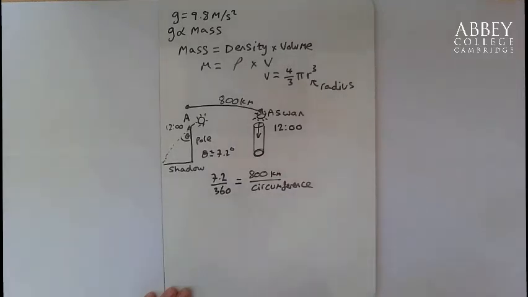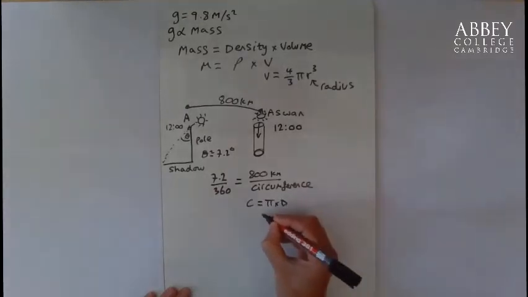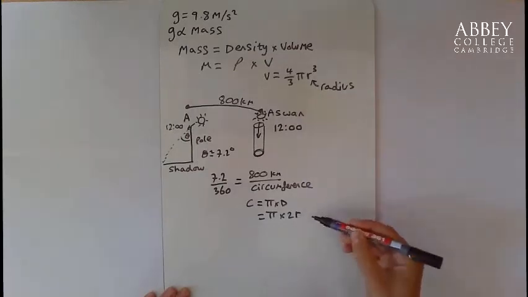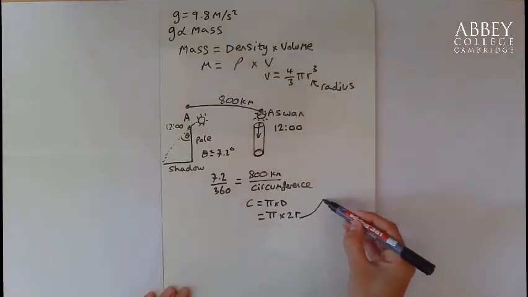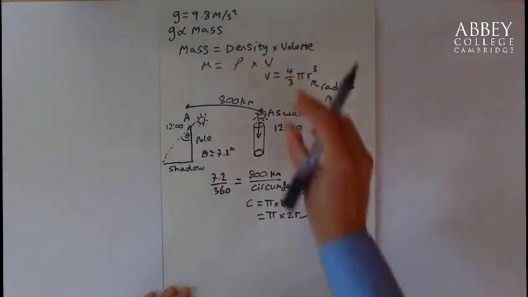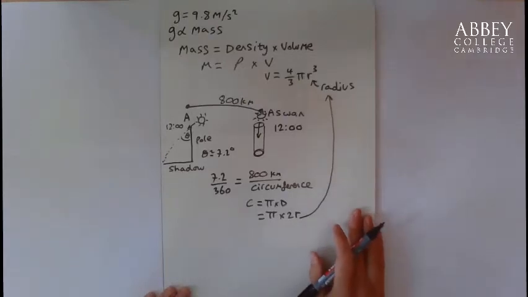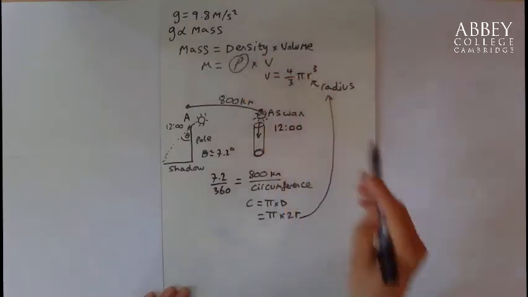the Earth's circumference could be estimated, and the Earth's circumference is equal to pi times d, and of course that's pi times 2 lots of the radius. So we now have the radius, and we've had the radius of the Earth to within about 2% of the actual value for approximately 2,000 years, or more in fact. It was BC. And that gave Newton the volume, and it was a volume that was known to be within about 2% of the actual value, so he could rely on this to be accurate. That just meant he now had to consider the density.